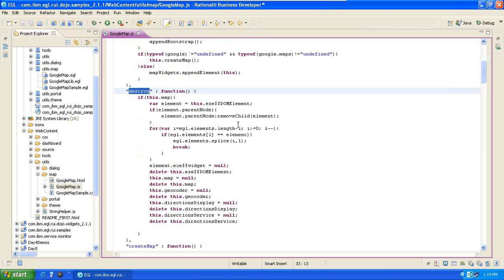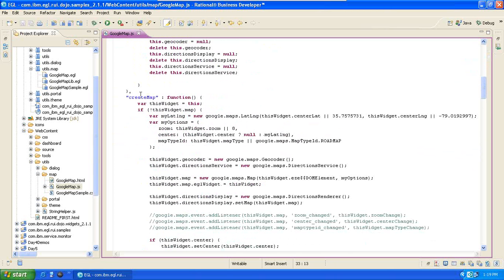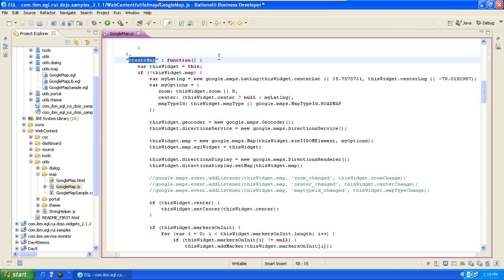Then we have the create map function, creating a widget, and then we identify that the map widget has been loaded, then create an object supplying this latitude and longitude,